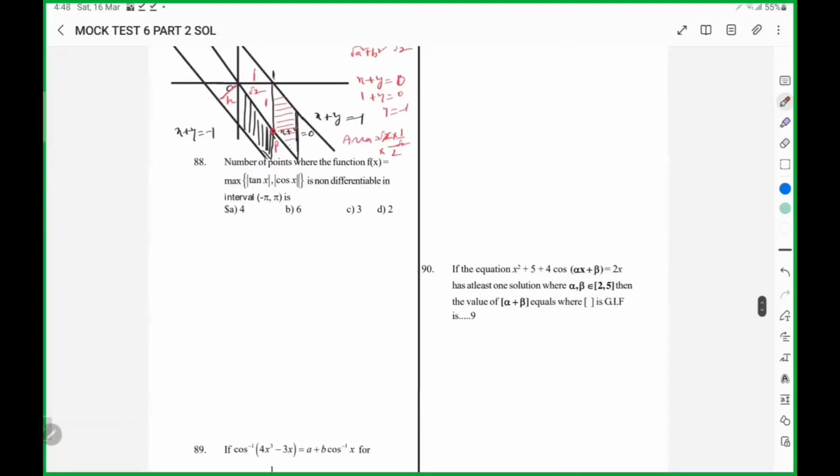So number of points where f of x is equal to maximum of mod tan x comma cos x. So basic graphs you should know. Tan x graph is like this. Cos x graph will be cos 0 is 1, cos 90 is 0, like this. But since he told modulus,